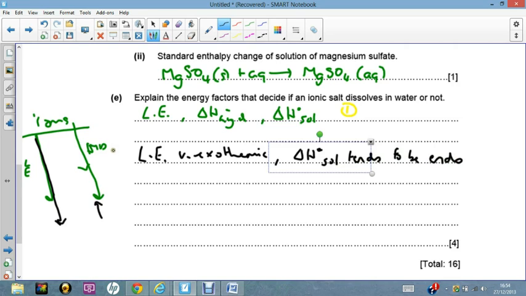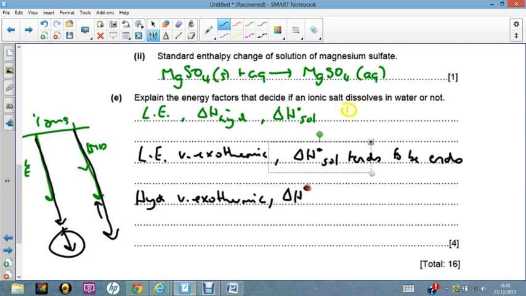Okay, remember endothermic generally is unfavourable. Then you've got to think to yourself, okay, if hydration is very exothermic, so now we're saying, right, what happens if this arrow is really big? Yep, so that means that solution will be exo. And then you've got to think, right, exothermic's favourable, so